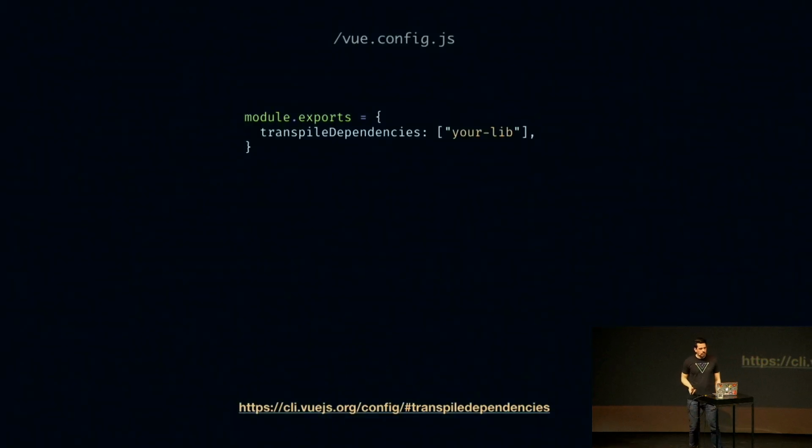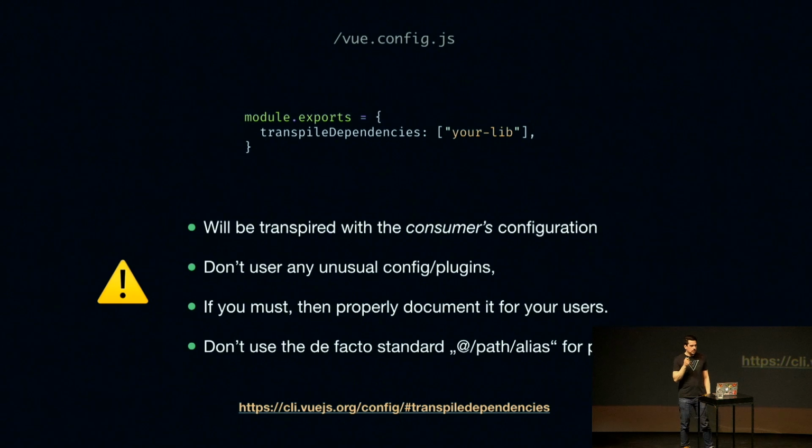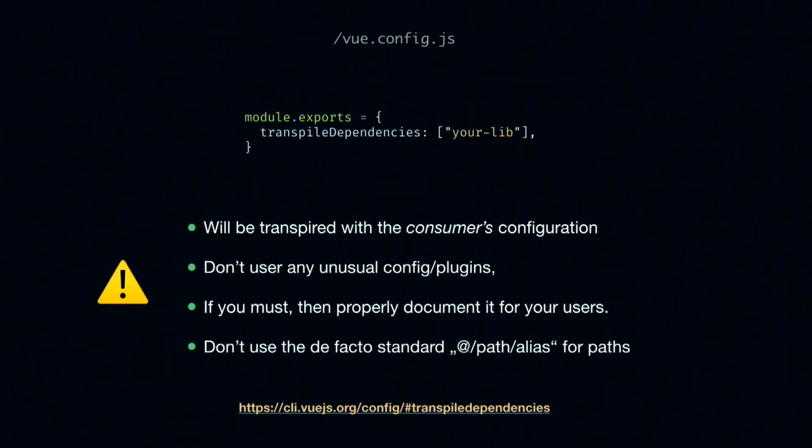Luckily, if your consumer is using a Vue CLI 3 project, they can just use this fancy option in the vue.config.js file, and they can say, hey, I have this lib that I want to compile from source, so please, Babel, don't ignore it. Instead, transpile this dependency for me. But the point is, it will be transpiled with the consumer's configuration, not with any configuration that we have in our Webpack for our library, because we didn't bundle it, right? So if you want to allow your users to actually consume your source folder,